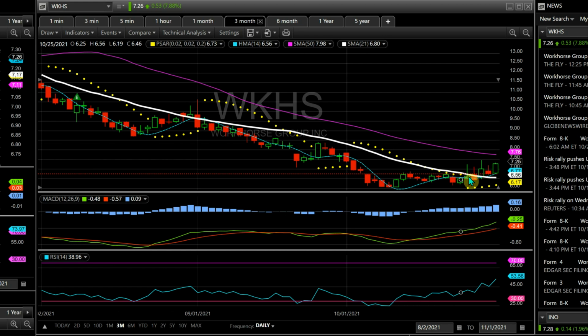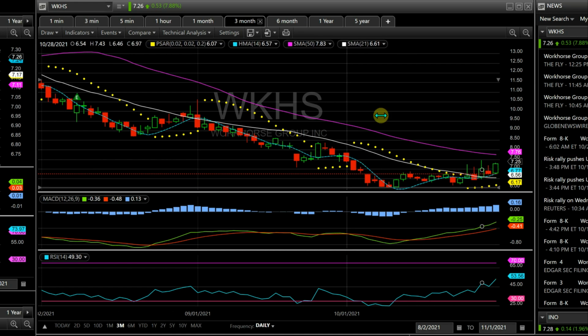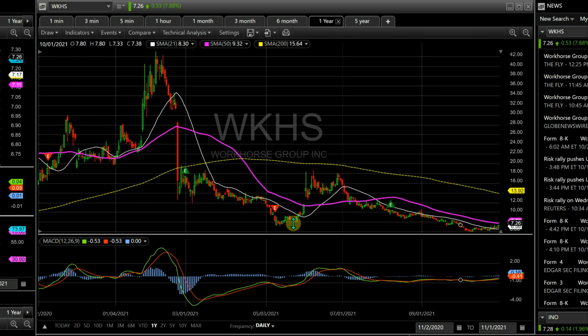With the SMA 21, see, it's just going to start scooping under the candles. This could be the next week a positive day, right? So whatever happened over here must have been news or something big, and it didn't hold through. It was still down. I mean, I'm clicking it. Yeah, and it didn't hold through. See, it was just like big news or something, and then it went back down to where it usually